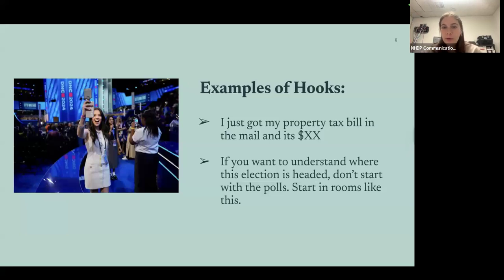So we'll jump right into some examples of hooks. I threw two right here. One about property tax bills, and you don't necessarily have to share this. It could be something like, I just paid this much at the gas pump, and then go into, this is why. Then create that tension about, Donald Trump has launched his war of choice, and this is why you need